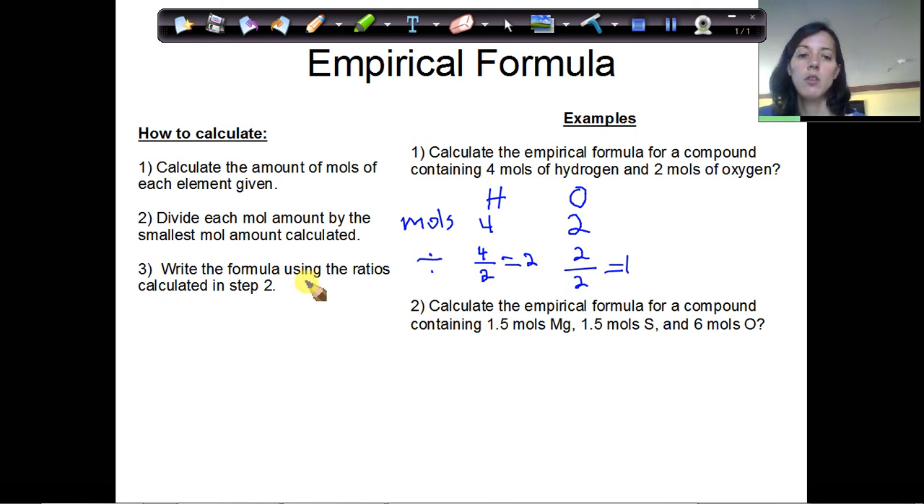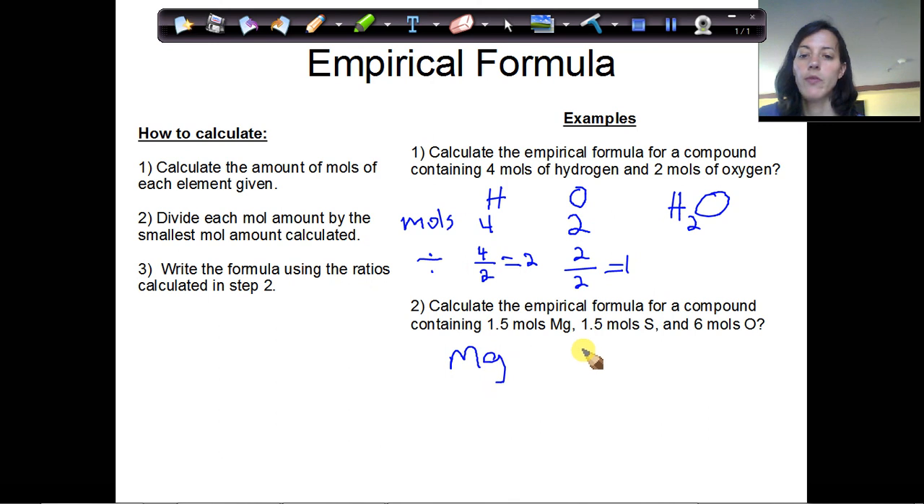So we are going to write the formula using the ratios that we just calculated. So we have H, and there's 2 of them, and O, and there is 1 of them. So this is the empirical formula given this problem, H2O. Next example, we have